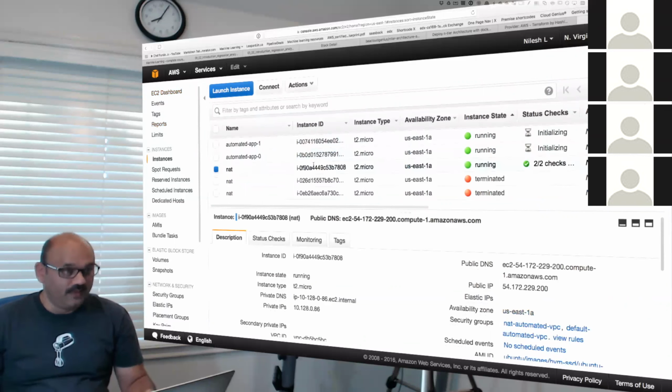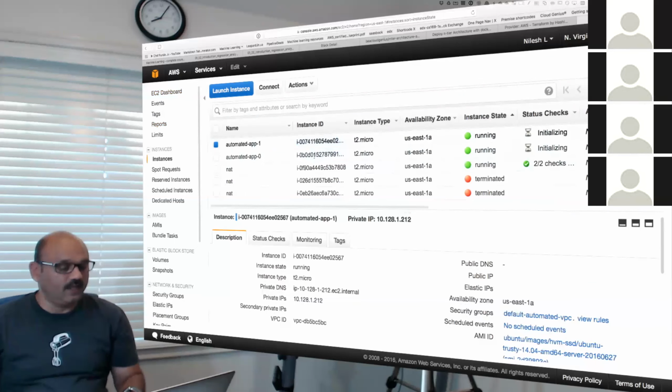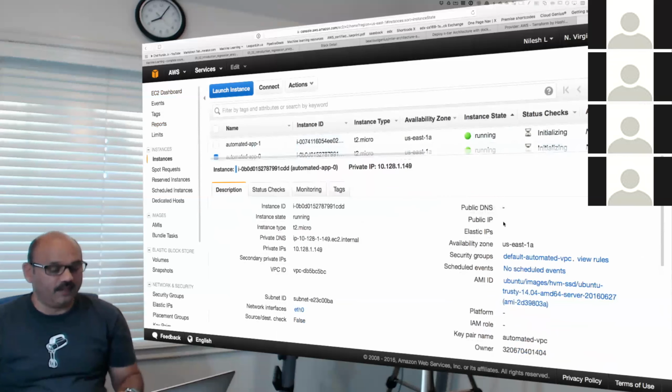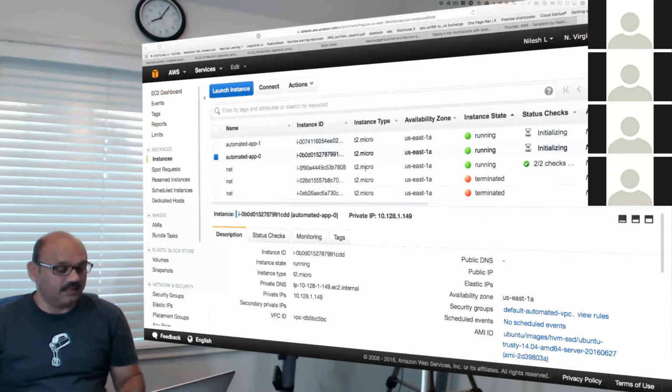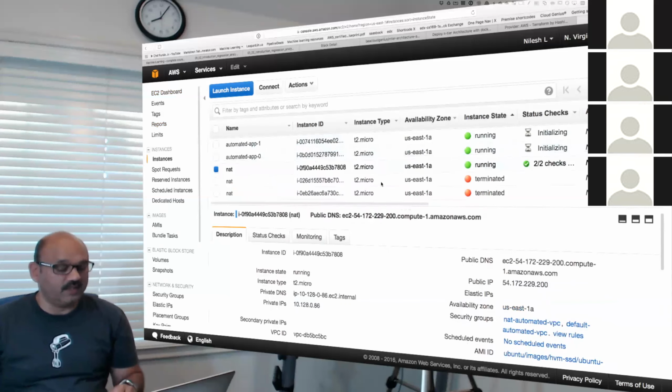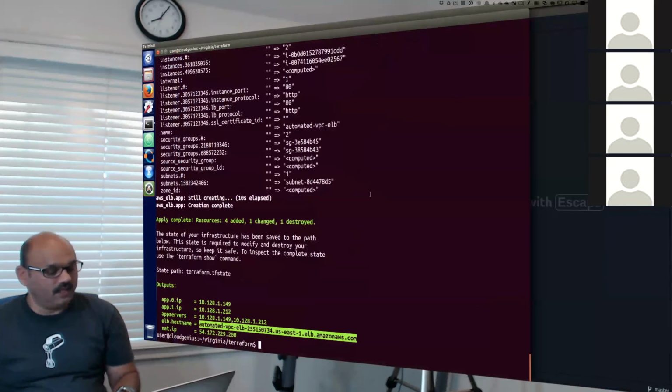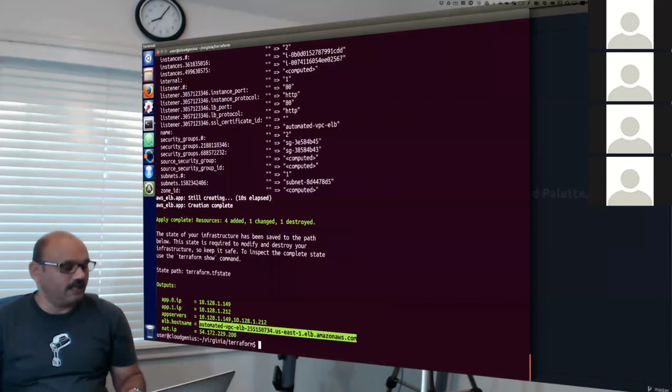Alternatively, if you have an OpenVPN client, you can connect to those internal machines through VPN. If you try to go there directly, app 0 or app 1, they don't have a public IP. So you cannot go there unless you either use a jump box like this or use a VPN. Since we have a VPN, I want to show you the VPN scenario in our example here.